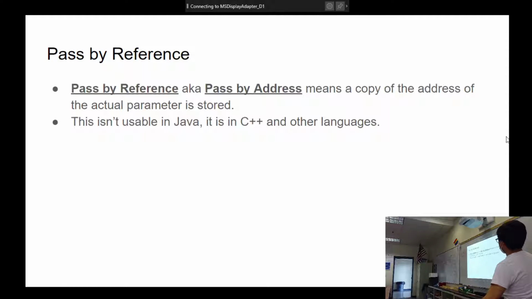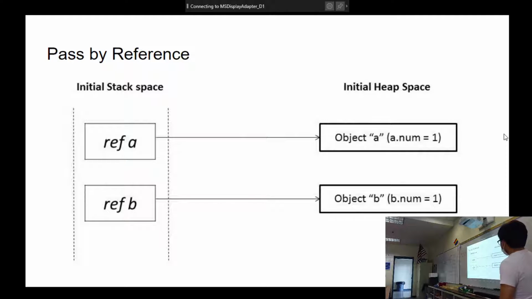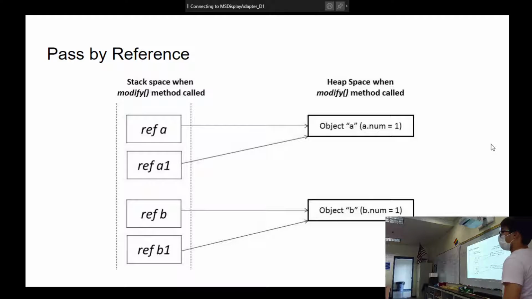So more example about pass by reference, just to understand it. Say we have object A and we have object B. These are two brand new objects. That's it in memory. We have two different objects. They're all stored perfectly fine. Now, if I have two other objects, A1 and B1, and I pass in by reference, or I give them the address, now we're all addressing the same value. So A1 equals A. They're both references. They're both going to be referencing the same value in memory.